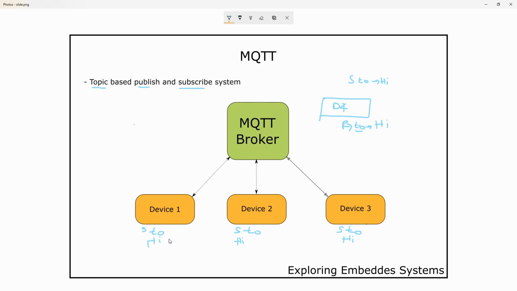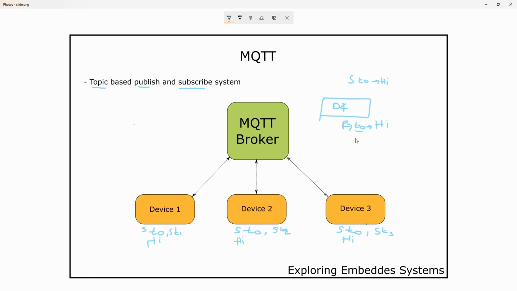Now let's assume this one is also subscribed to T1. It is not that it has to be subscribed to only one topic; it can be subscribed to many topics. And this one is subscribed, apart from T0, to T2, and this one is also subscribed to T3, and this one is only subscribed to T0.